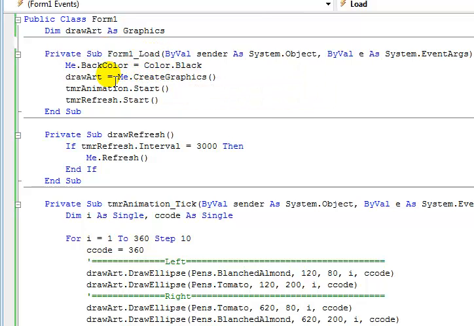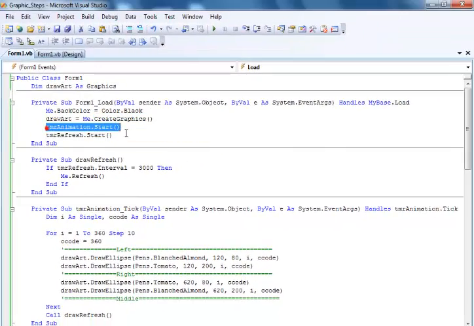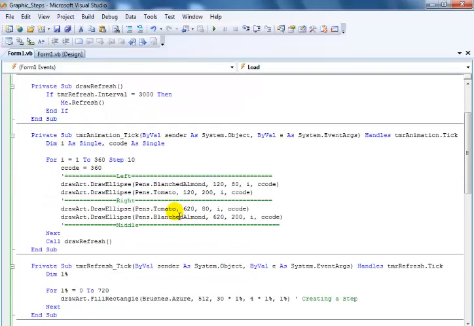Load the background black. Now initialize, create graphic, and start both timers. Right. Now if we come down here,